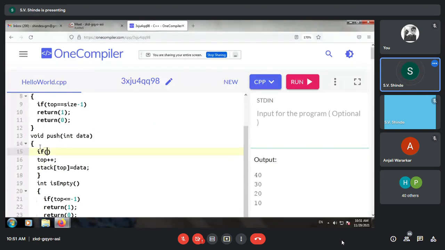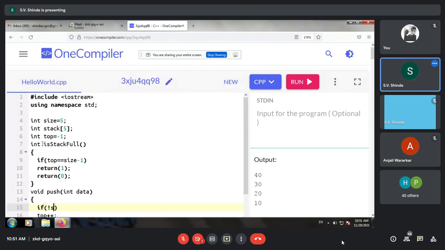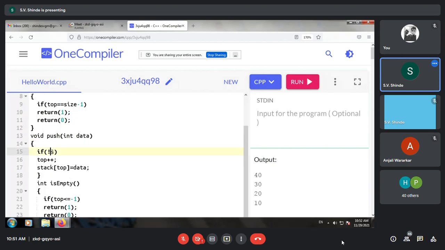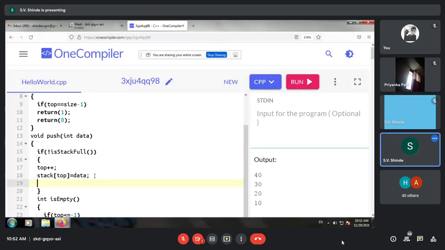Let us check if not stack full, call it, and if it is true, then and only then will all the data be updated in the stack.